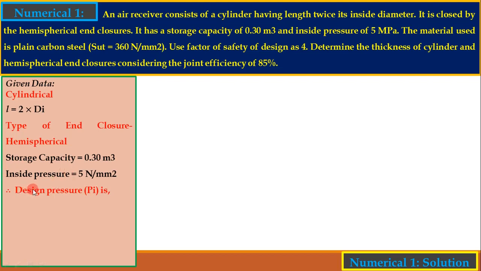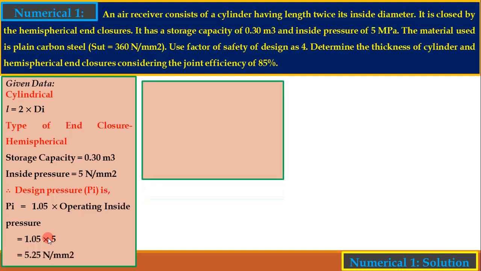now we will calculate first the design pressure based on this inside operating pressure. So we know that design pressure Pi is equal to 1.05 into operating inside pressure. Operating inside pressure is 5 Newton per mm square. So let us put this value here and calculate the design pressure Pi. Now next we'll write here